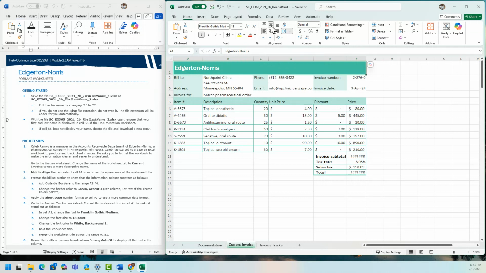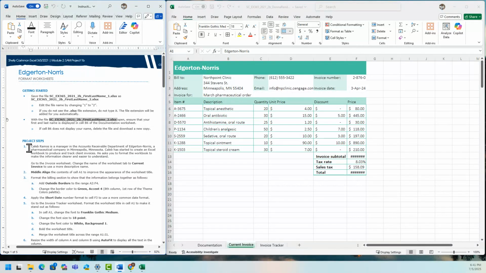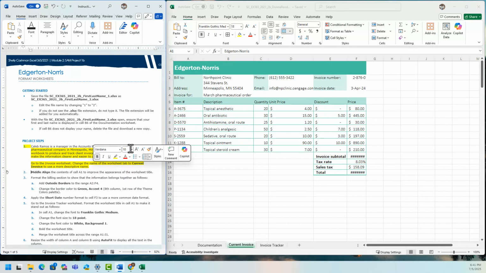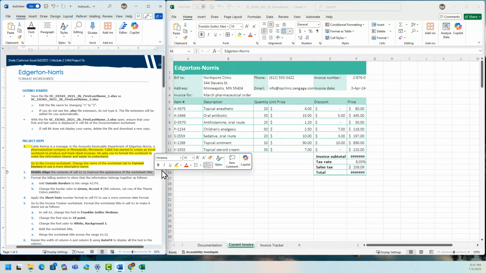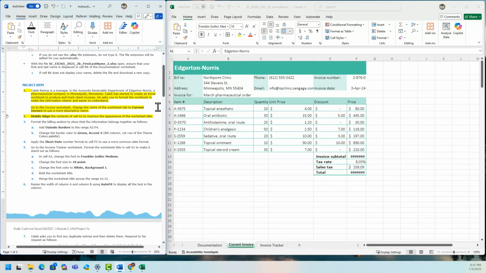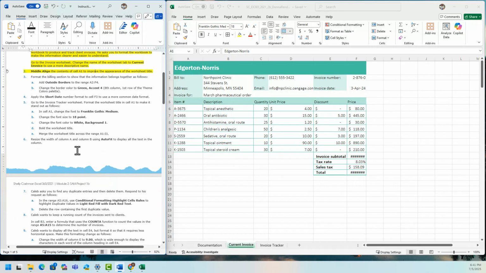Click it, then you can see that it moved. I'm just going to highlight this one because I'm done. Okay, then also this is done, complete. Going to scroll down to step 3.